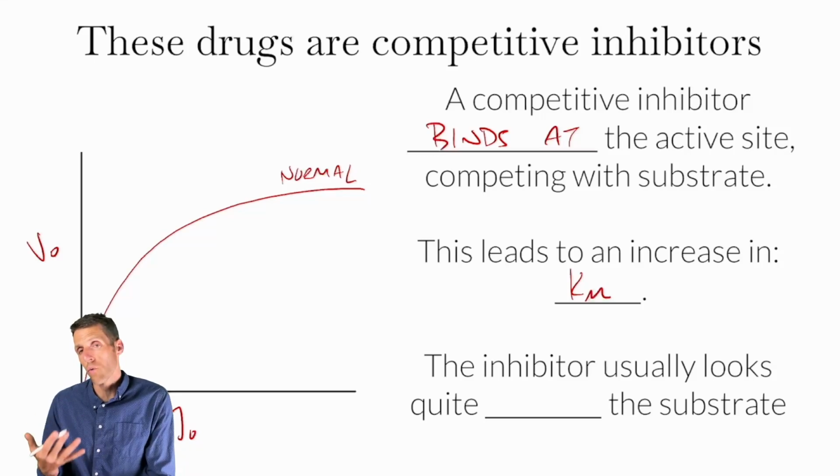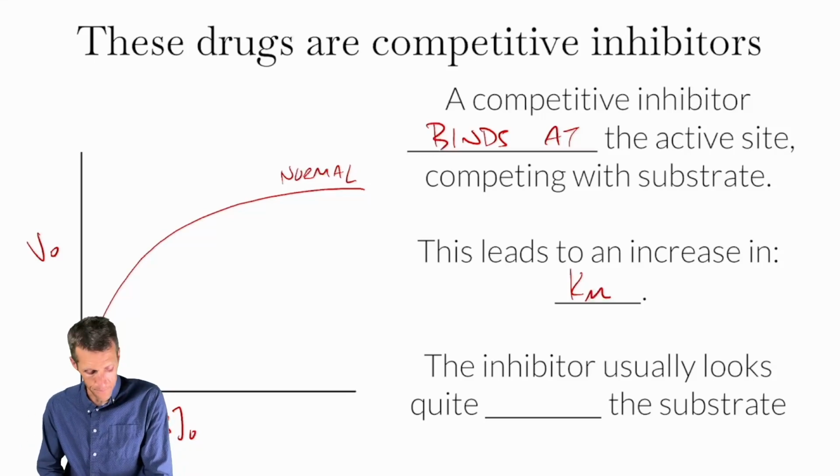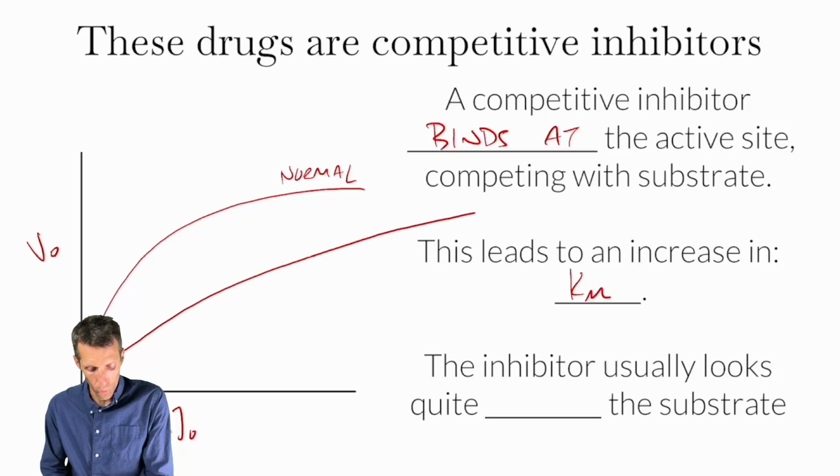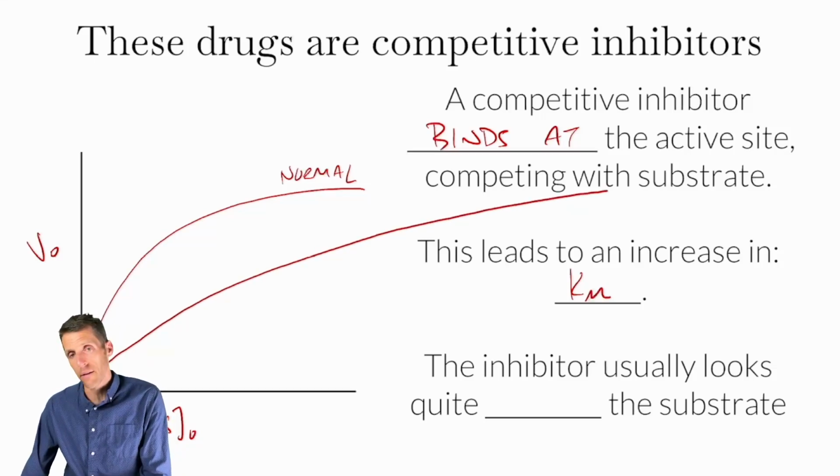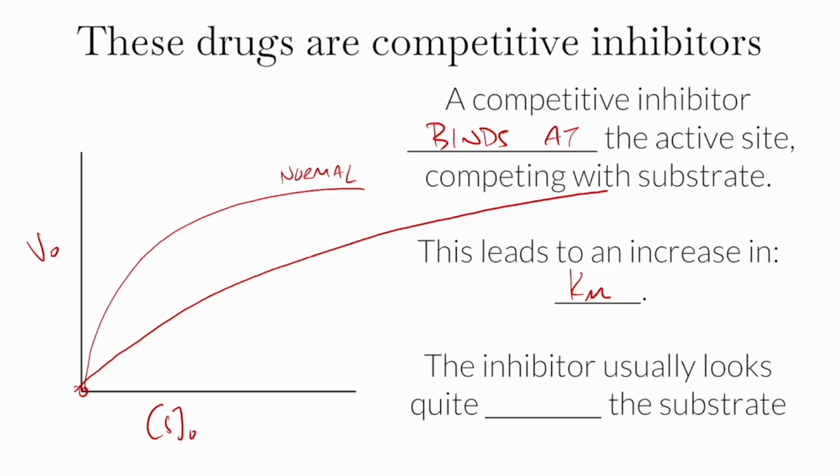If we add a drug that competes at the binding site, what that means is this curve will have a much flatter shape. I'm exaggerating that a little bit. A much flatter shape. But ultimately, it will reach the same Vmax. And that's because if I add enough of the substrate, it will outcompete the inhibitor, it will displace the inhibitor, and it will get to full activity. But it's going to take more of my substrate to do that, right? To get to that concentration because the inhibitor is blocking the active site.